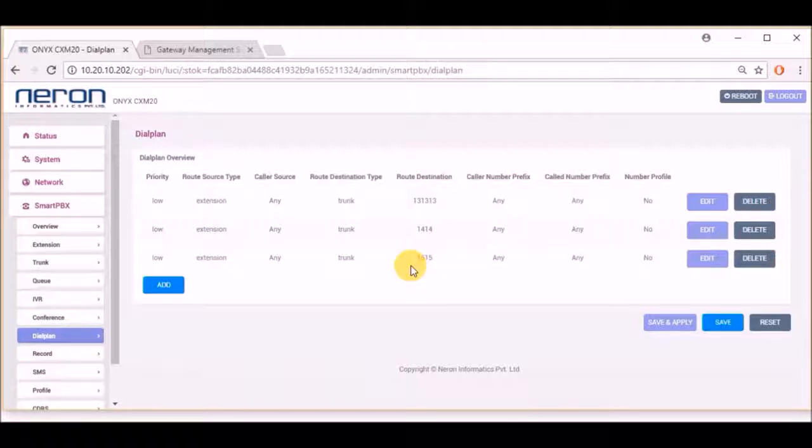So as you can see, our IPPBX is using 3 trunk lines, so we have to give prefixes. By using a prefix, this IPPBX will identify which trunk to use. So we have to edit some dial plans, like if I want to change the FXO line, I'll give a prefix to the FXO line.